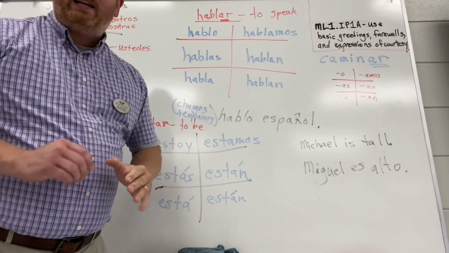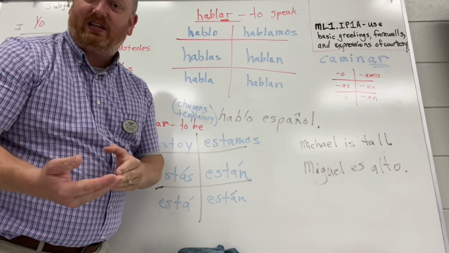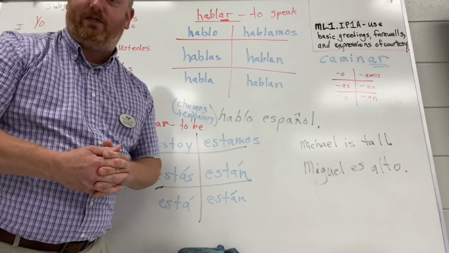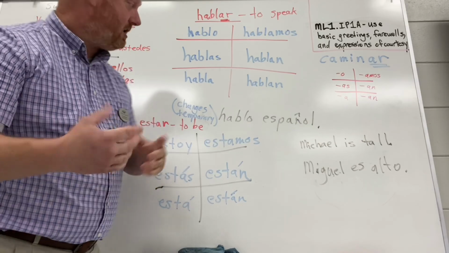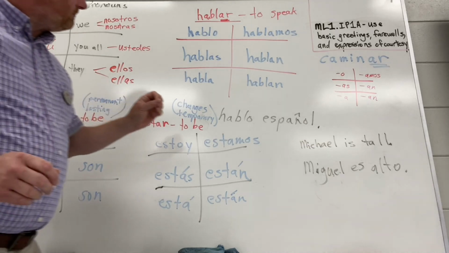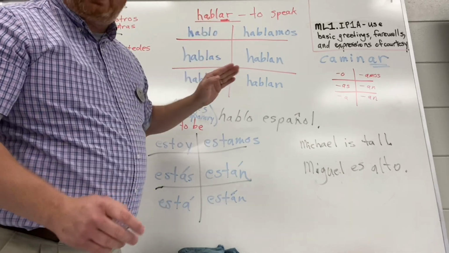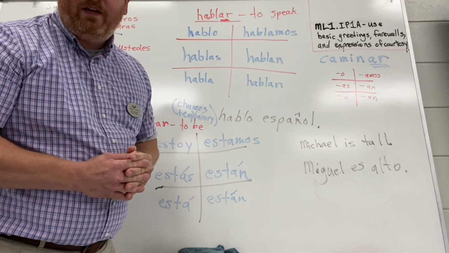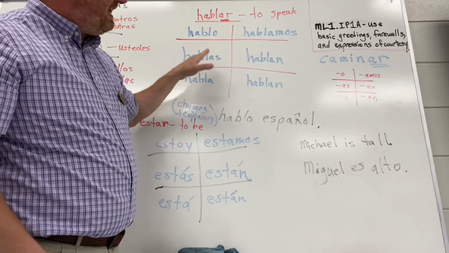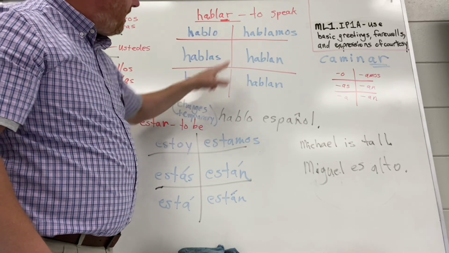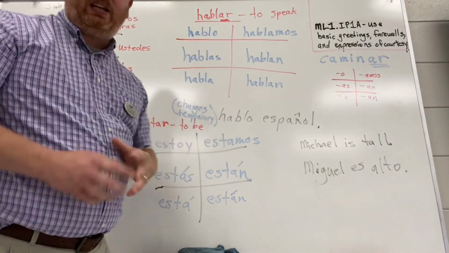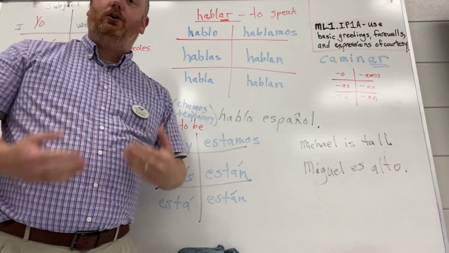Now, as I told you earlier, the as ending means you, like in ¿Cómo estás? And the a ending on the end of a verb in Spanish can mean usted. It can also mean he or she, as we saw right here. So let's look at this verb hablar. The first thing we do is take that ar ending off. That tells us it's an infinitive. That's the marker of an infinitive. And we add these endings right here. O, as, a, amos, and an for the last two. And by adding these endings to the verb, it tells us who's speaking.